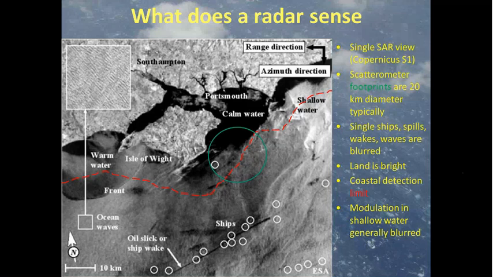So what we see with the scatterometer are not these waves, because at the bottom left-hand corner you see 10 kilometers. So 10 kilometers is about half the size of a typical wind vector cell that we use for scatterometer wind data processing. So the green circle near the middle is more or less the size of a wind vector cell. This green circle is not over land, it's only over sea. You see it has a black part and a gray part. It means the winds are quite, when it's black, the winds are very calm.